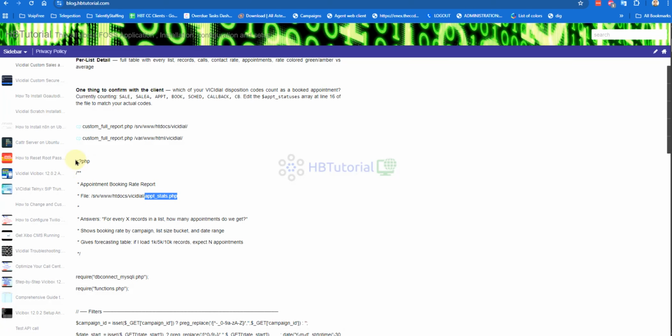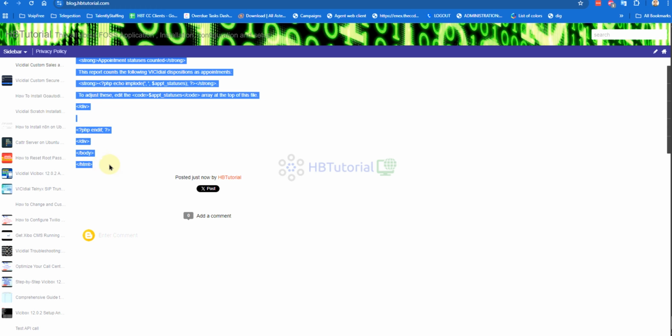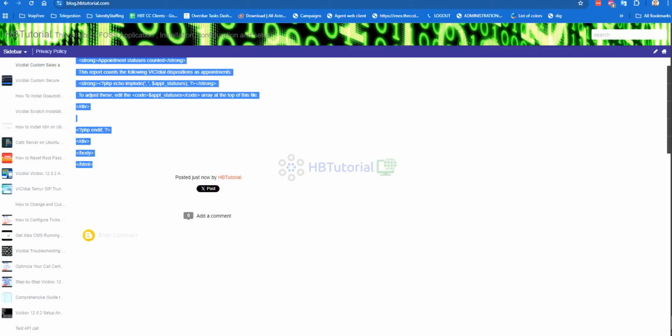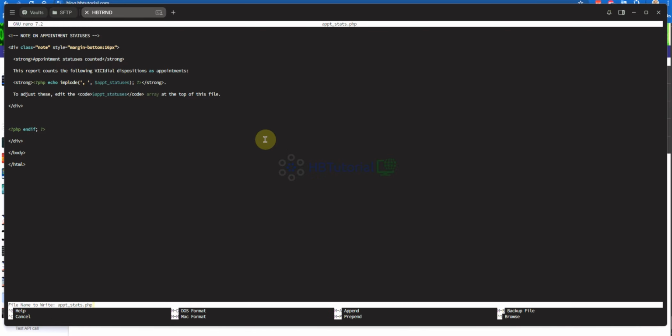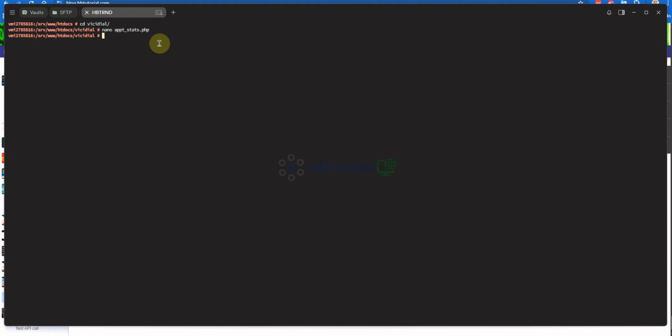Okay, and then go back here. Just copy, start here to the bottom. Be sure you copy until here. Okay, copy, and then go back on the page, paste here. Okay. Control O and then enter to save, and then Control X to exit. Okay, so after you add, you can copy this one and then go back to the browser.